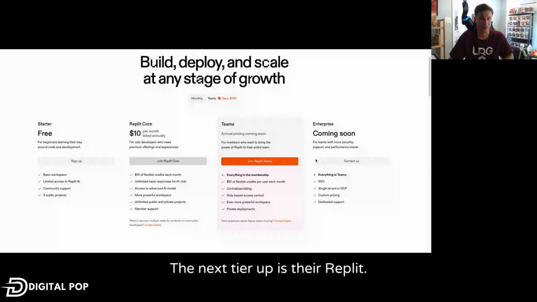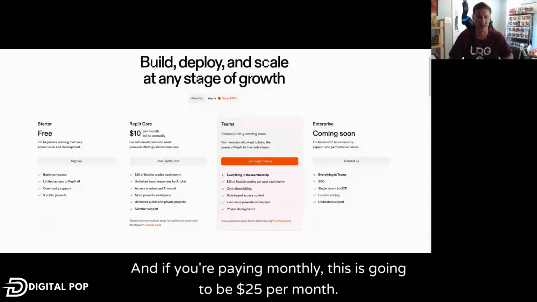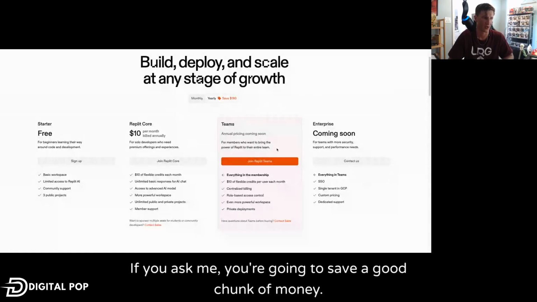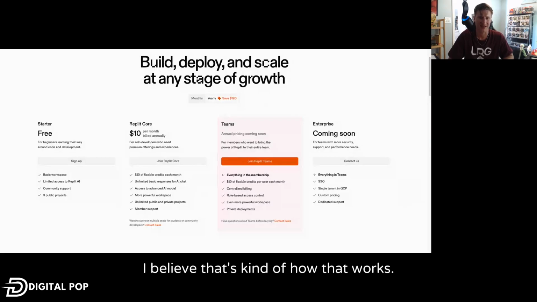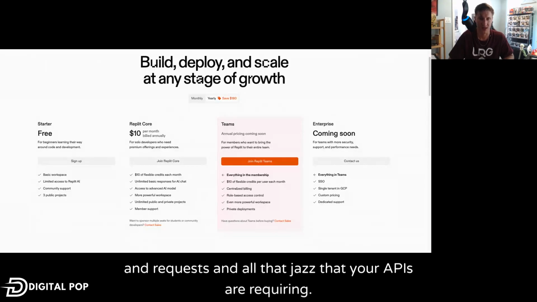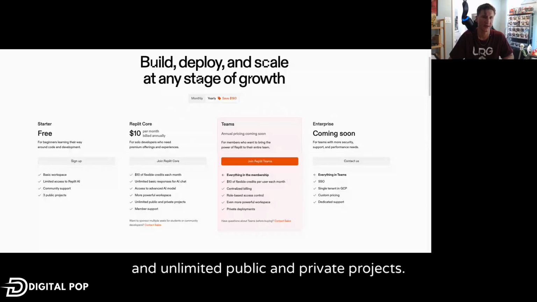The next tier up is their Replit Core, which they say is for solo developers. And if you're paying monthly, this is going to be $25 per month. If you do go yearly, it's going to be $10 per month, which is a pretty good stinking deal if you ask me. You're going to save a good chunk of money if you go yearly. With their core, you're going to get some credits to use for your deployments each month. I believe that's kind of how that works, is you get credits for the server requirements or the posts and pulls and requests and all that jazz that your APIs are requiring. And you're going to get access to the advanced AI models, as well as member support and unlimited public and